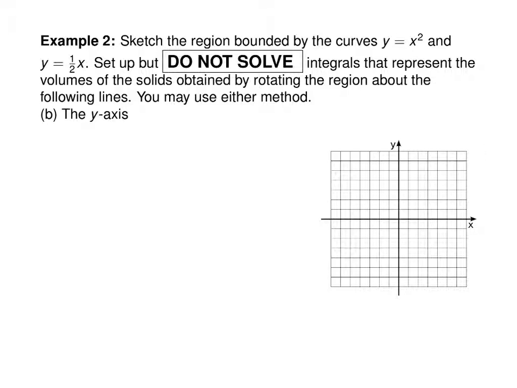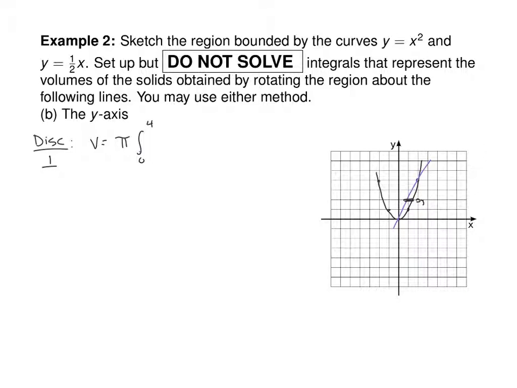So if you take that same region and spin it about the y-axis, what changes? All right, so first let's do the disk method. So in this method, you slice perpendicular to your axis of rotation. And notice now that our R out is the black curve and our R in is the purple curve. And our slices have little height delta y, so we begin at a y value of 0 up to a